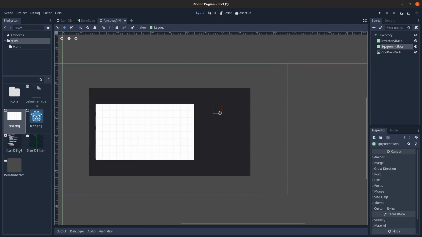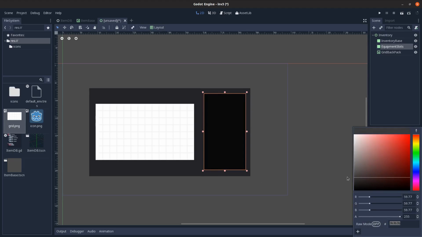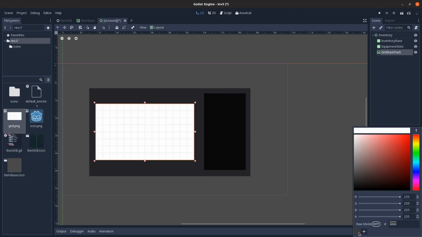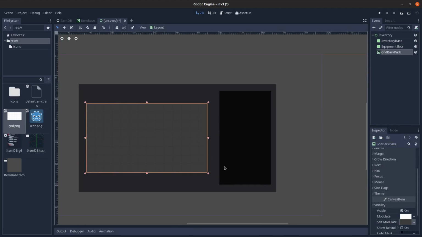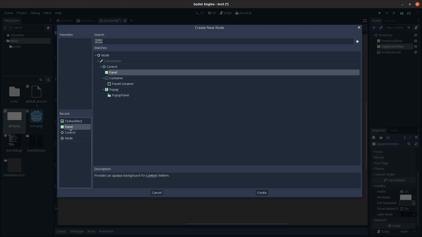You hit W to go into move mode, and I'm going to drag it down like this, and I want to go to visibility down here, self-modulate. I'm going to set it a darker color, and then I'll save that color. Go over to grid backpack and do the same thing. That looks better. And then as a child of this, I want to add another panel